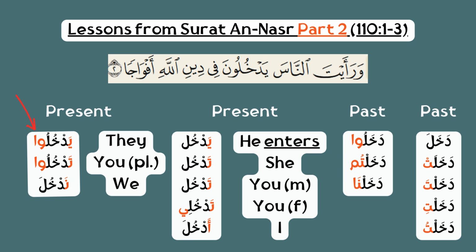Again, this is how verbs work. You're adding prefixes and suffixes which denote who's doing the action. So it's standard throughout all the verbs, which is pretty cool. Once you learn these prefixes and suffixes through any good grammar book, you can see that it's standardized, and I'm going to show you that in the next slide.